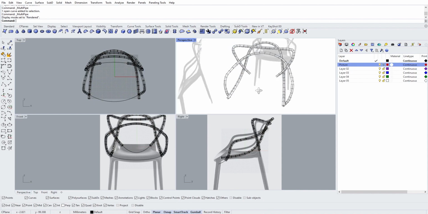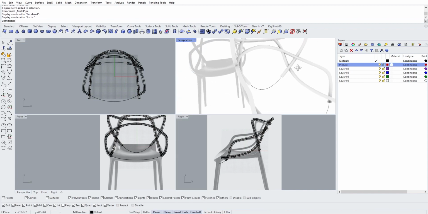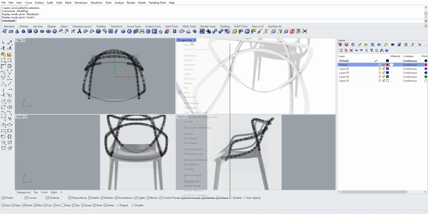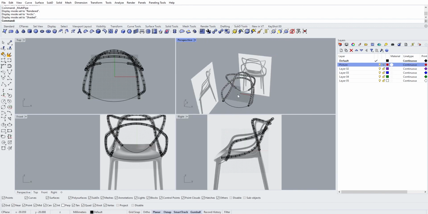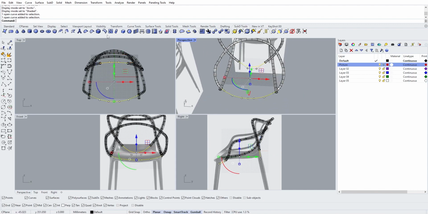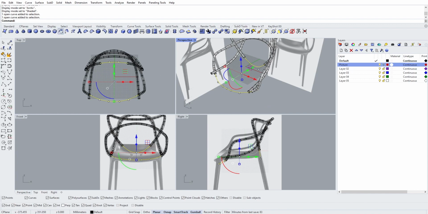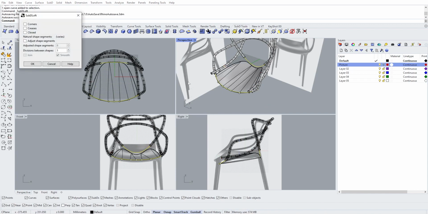So what does it look like? Okay, yeah. And then we want to use those two curves with the loft to create the place where you sit. So select sub-D loft,